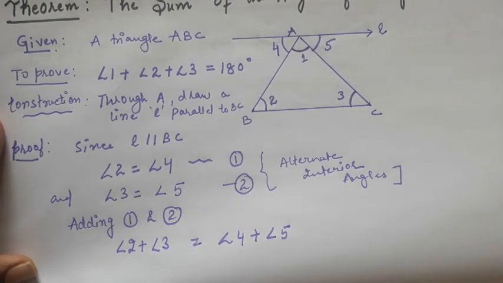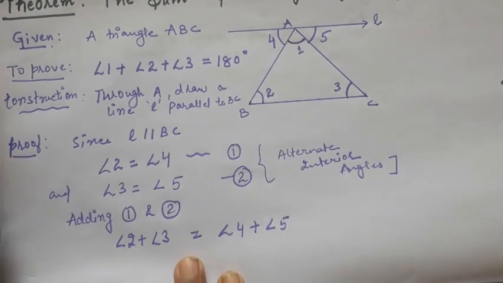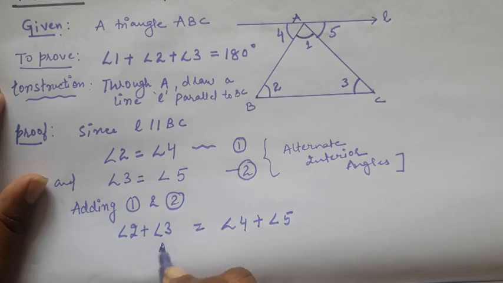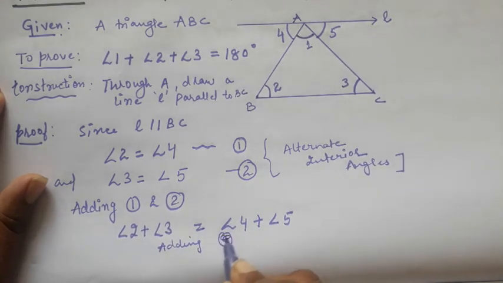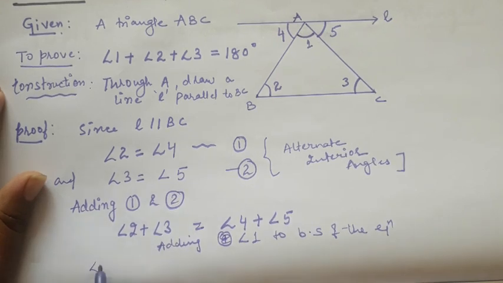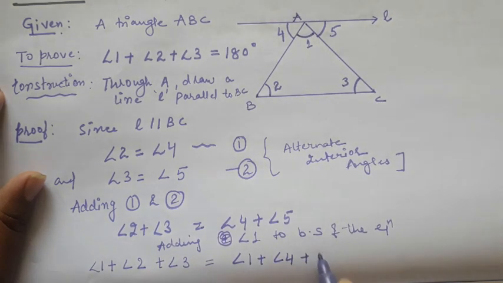Now I will add angle 1 to both sides of the equation. Okay, so I'll get angle 1 plus angle 2 plus angle 3 is equal to angle 1 plus angle 4 plus angle 5. Okay,